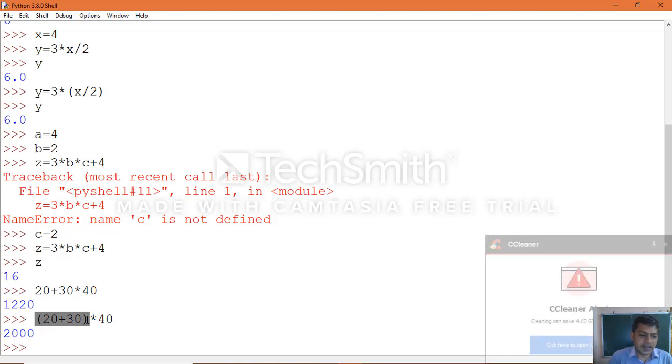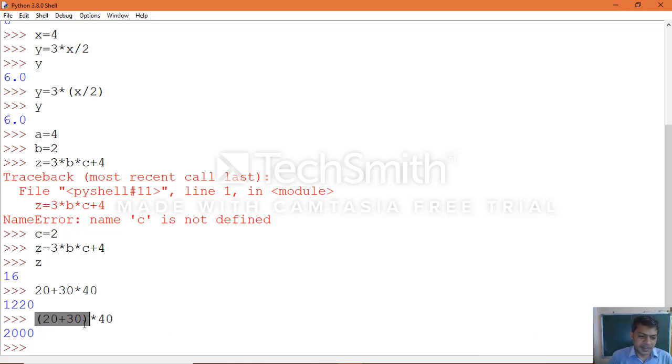Parentheses have the highest priority, then multiplication. If the expression also has an exponent, then first the parentheses are evaluated, then the exponent value, and then whichever operator has the next priority is evaluated accordingly.